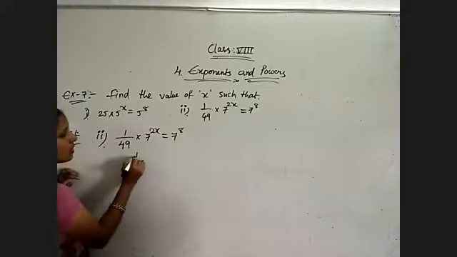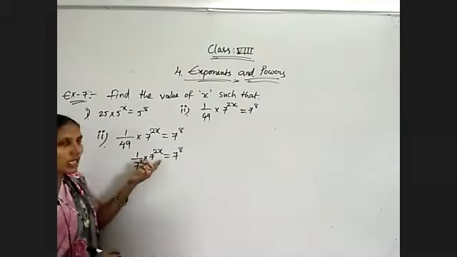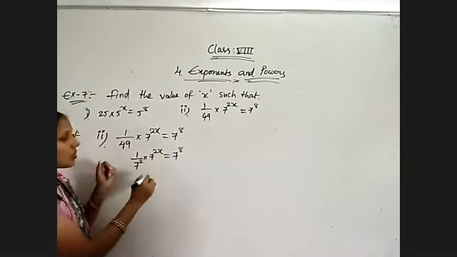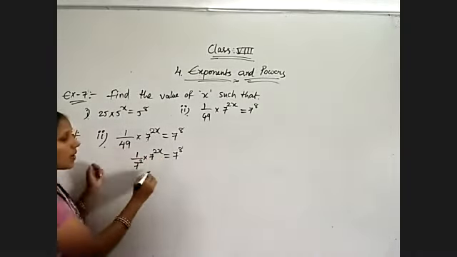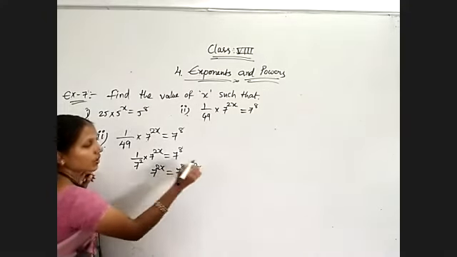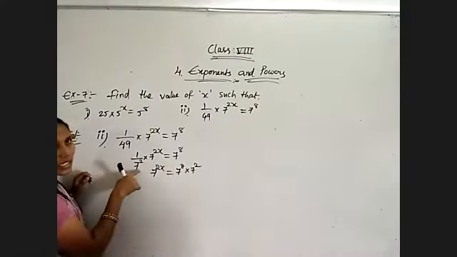As I told you, if you want to keep only the x term here, bring the remaining term to the other side. So what it will become: 7 to the power of 2x is equal to, here division, by bringing this side multiplication, that is 7 power 8 into 7 square. Now observe bases are same, so multiplication operation is there. Add the exponents. That is 7 to the power of 2x at the left side and 7 to the power of 8 plus 2.